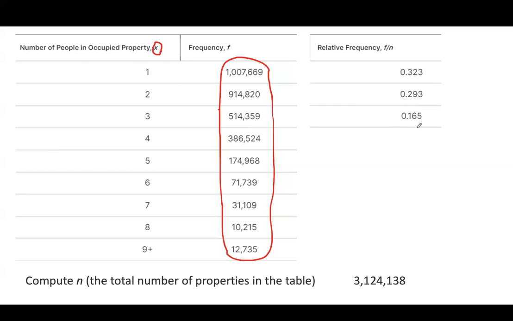That probability is 16.5%. You can continue this process. You just need to divide each one of these frequencies by the total number. And as you can see, the probability starts decreasing. If you knock on one of these property doors, the probability that they have more than 9 people living in that property is very small,